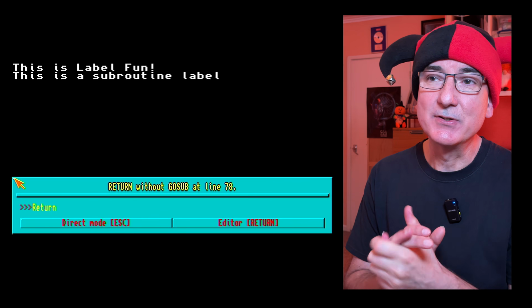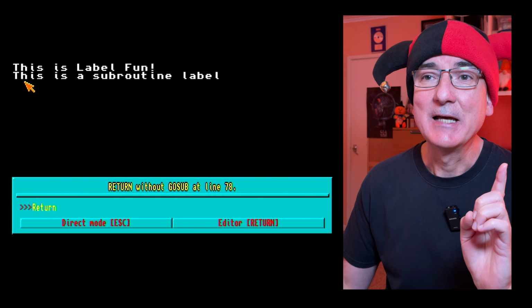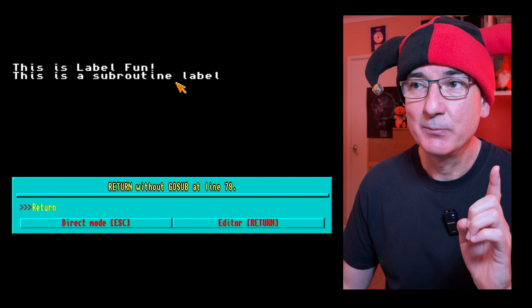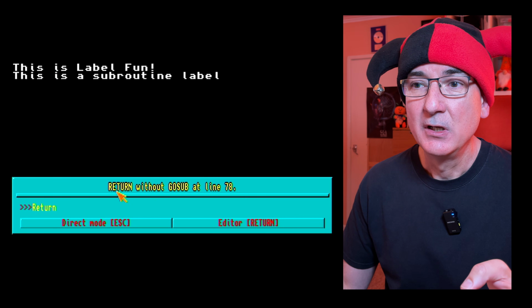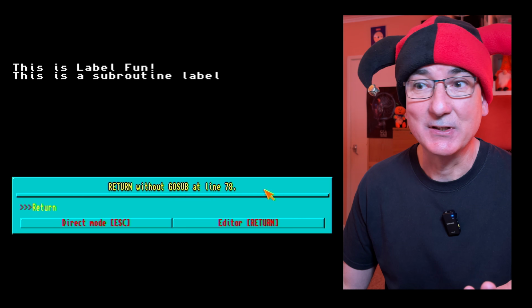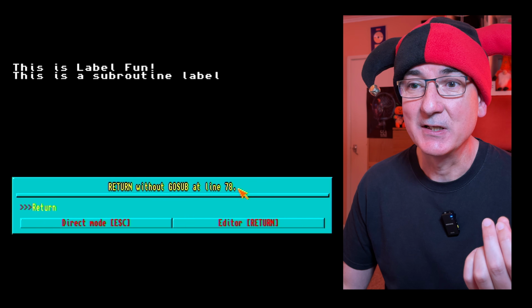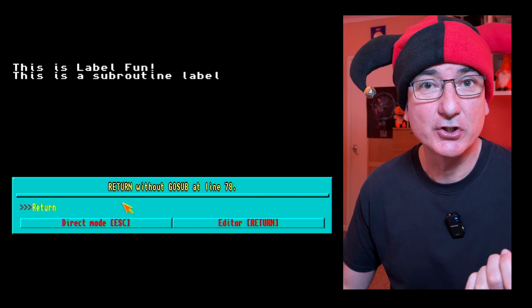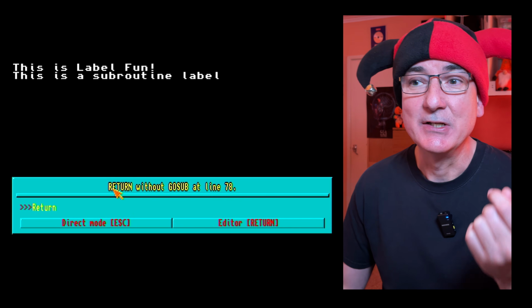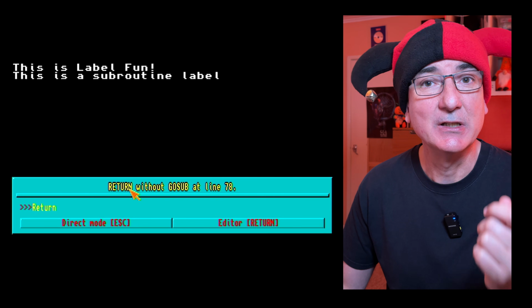Right, well, look what's happened. It has executed, this is label fun. It has also executed, this is a subroutine label. But look at our end of program error message, basically. This has said there's a return statement without a GoSub at line 78. The program has crashed. Basically what has happened, it's tried to execute a return statement without first executing the GoSub